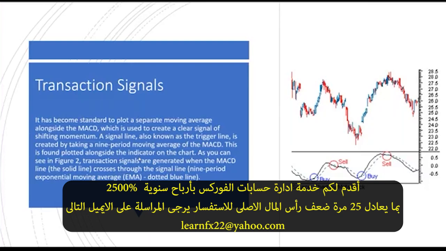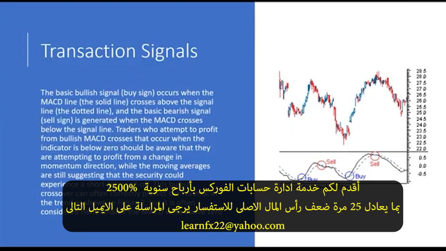This is found plotted alongside the indicator and chart. And as you can see, the transaction signals are generated when the MACD line crosses through its trigger or signal line. The basic rule of thumb is the basic bullish signal or buy signal occurs when the MACD line crosses